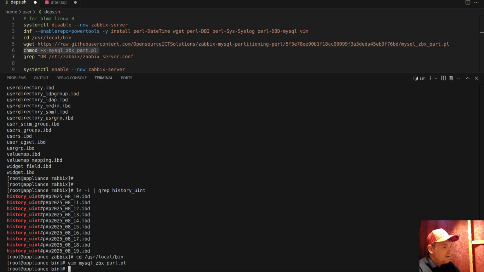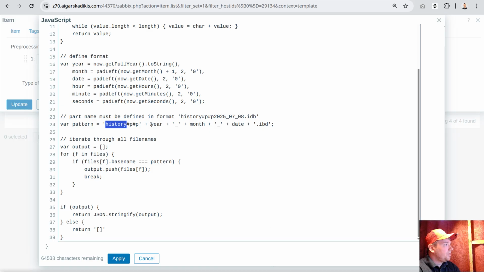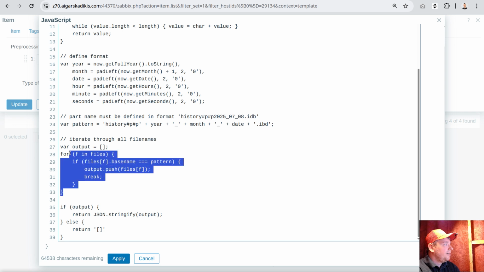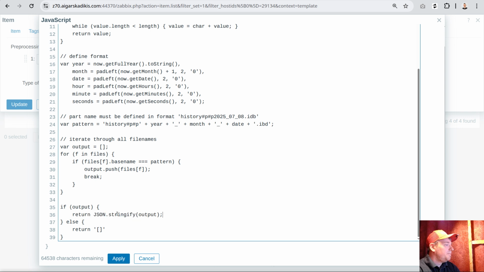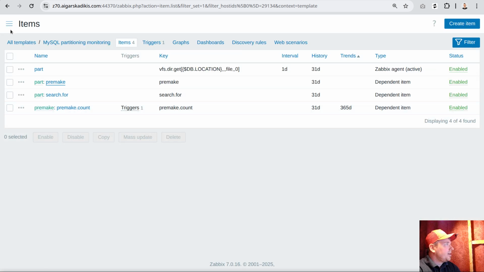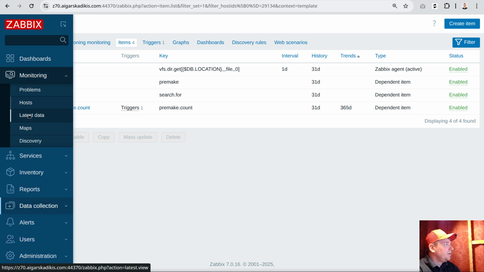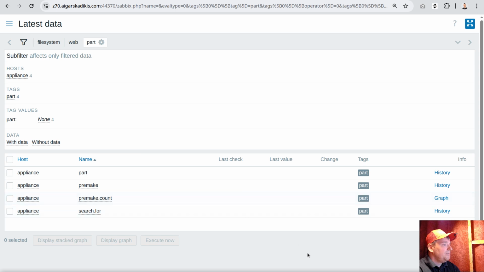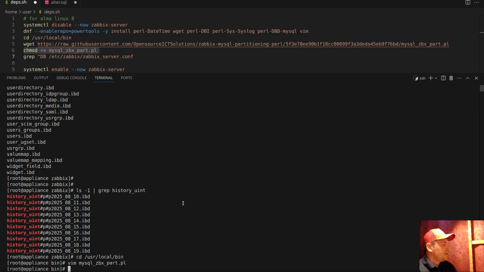Okay, and yeah, so this is the most important line, and then it iterates through the partitions, and if it finds the partition, it will add to the variable and print the actual partition name in the output. If the partition has not been found, it will report an empty array. So right now let's check how it works in practice, monitoring latest data, and here is emptiness. And if we restart the agent,